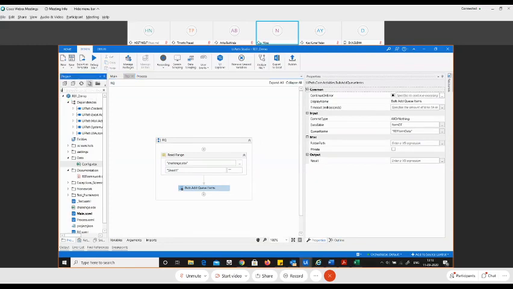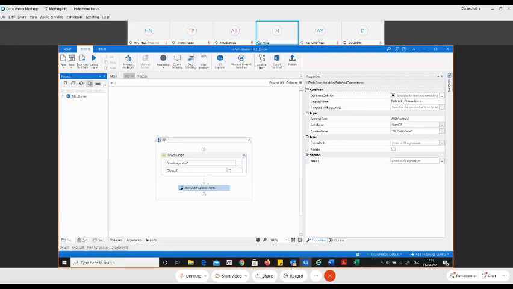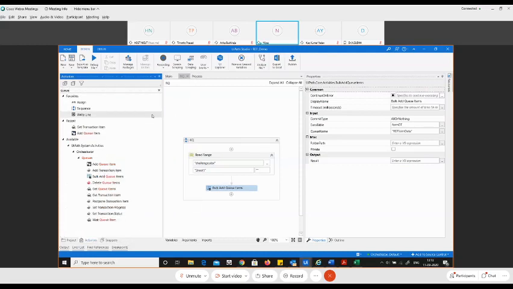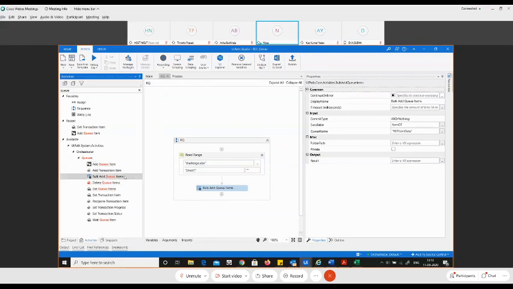So if you search for queue activities, okay, so this is the project directory, sorry. Let me open the activities tab. Yeah. So if you search for queue activities, if you remember last time we used add queue item, but this time we'll use add bulk queue item. Now add bulk queue item, as you say, it is responsible to insert the data table directly into the queue. You may not need to specify one item at a time. You can directly put the entire data table into the queue as it is by using the add bulk queue item. So I explicitly did not show this when we were doing queue because in the RE framework, I'll tell you how to do it.